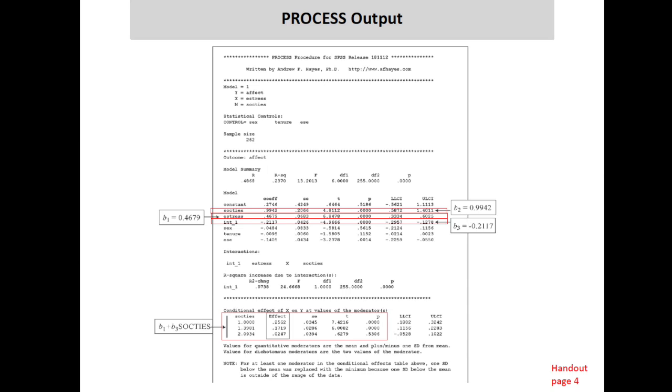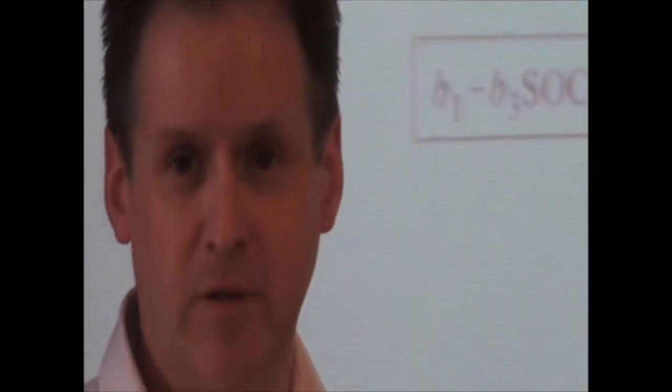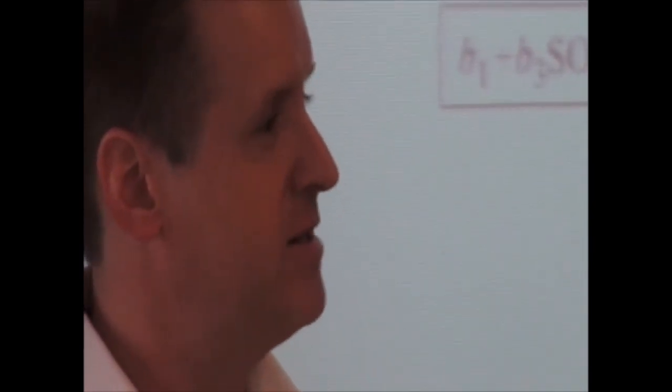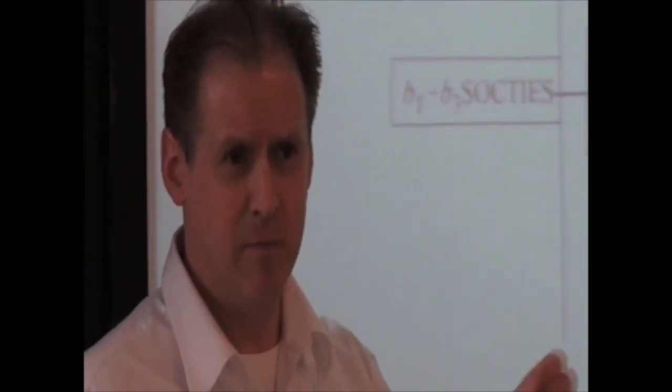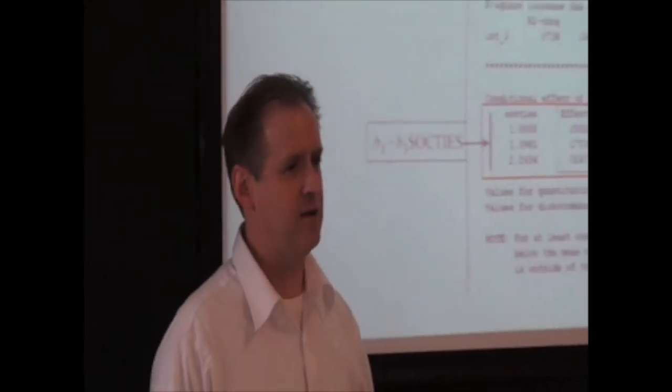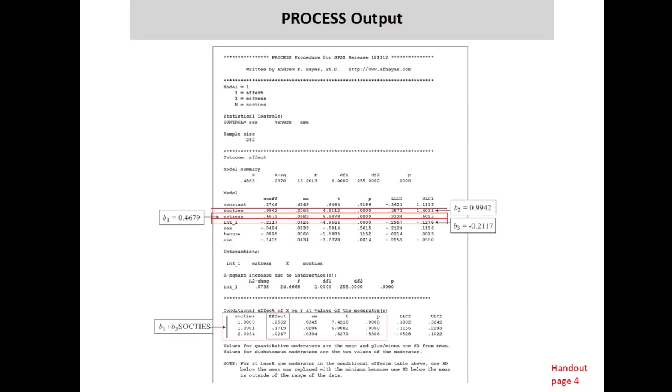In this case, the intelligence that Process has is this. You haven't said anything otherwise, and it sees that your moderator has more than 2 values. So it's assuming, okay, this is a continuum of some kind. And so it will automatically implement the old mean plus and minus 1 standard deviation approach. Absent any other instruction from you, that's what it'll do for a variable that it sees as a continuum. If it sees that it's a dichotomous moderator, that it's only got 2 values in the data, it'll just pick the 2 values because it assumes those define groups of some kind. And you probably want the conditional effect for those 2 groups.